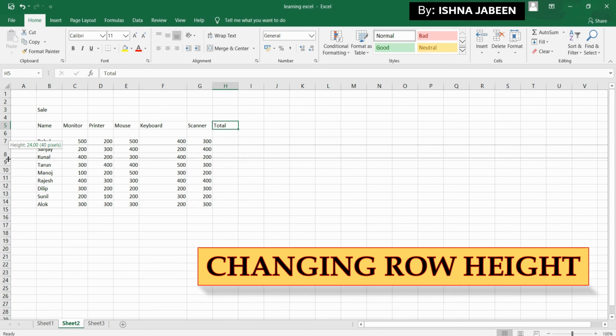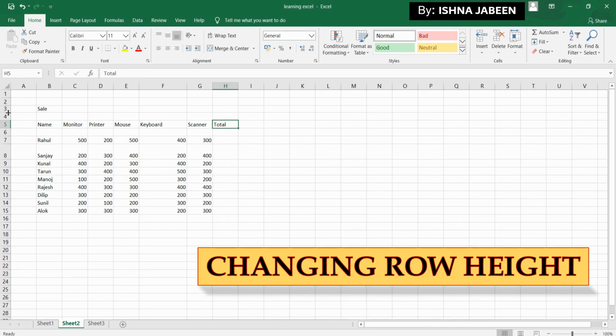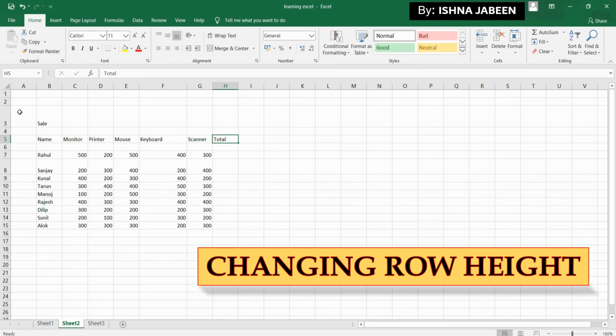Suppose you want to change this sale row height. Put it on the bottom edge of the row heading and drag it. The pointer becomes a double arrow, and drag it up to the height you want. So this much row height you want, and it has come over here.